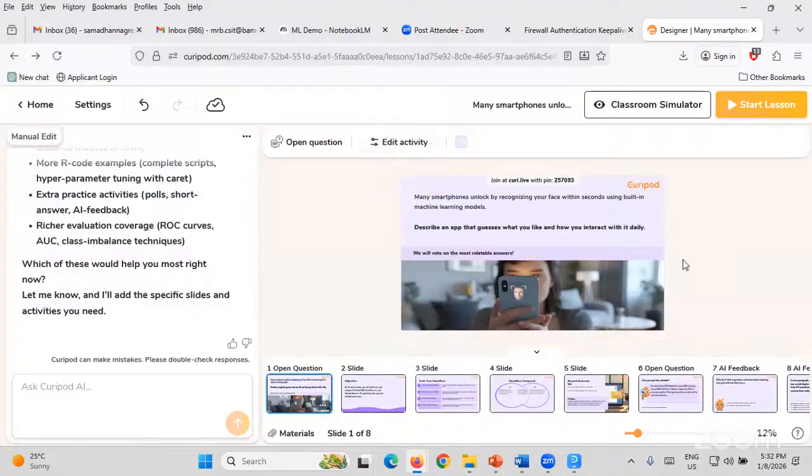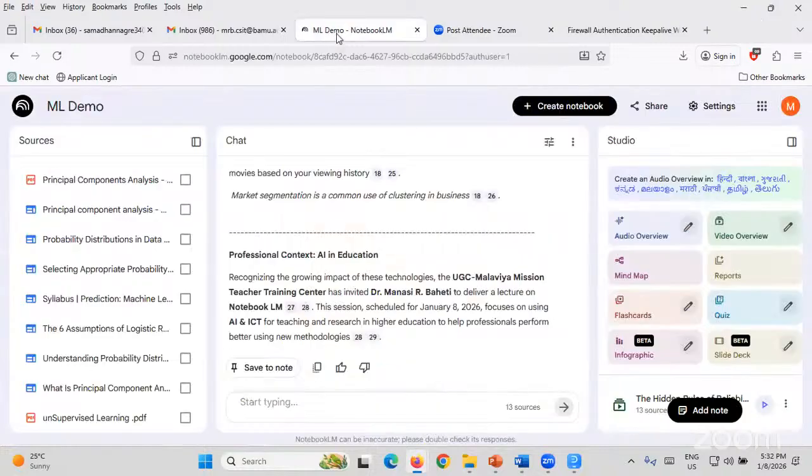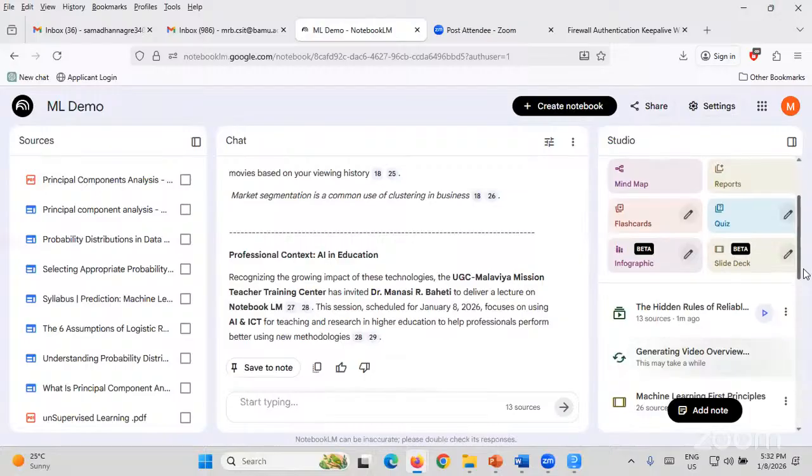a lot of things you can do. The classroom simulator and start lesson, these are the two added features which are not available in other AI tools as per my information. So this is also very good feature of the QReport. So my question is, again, there are lot of AI tools available. Some are very simple, some are very high level, some need very technical skills, some need very few technical skills